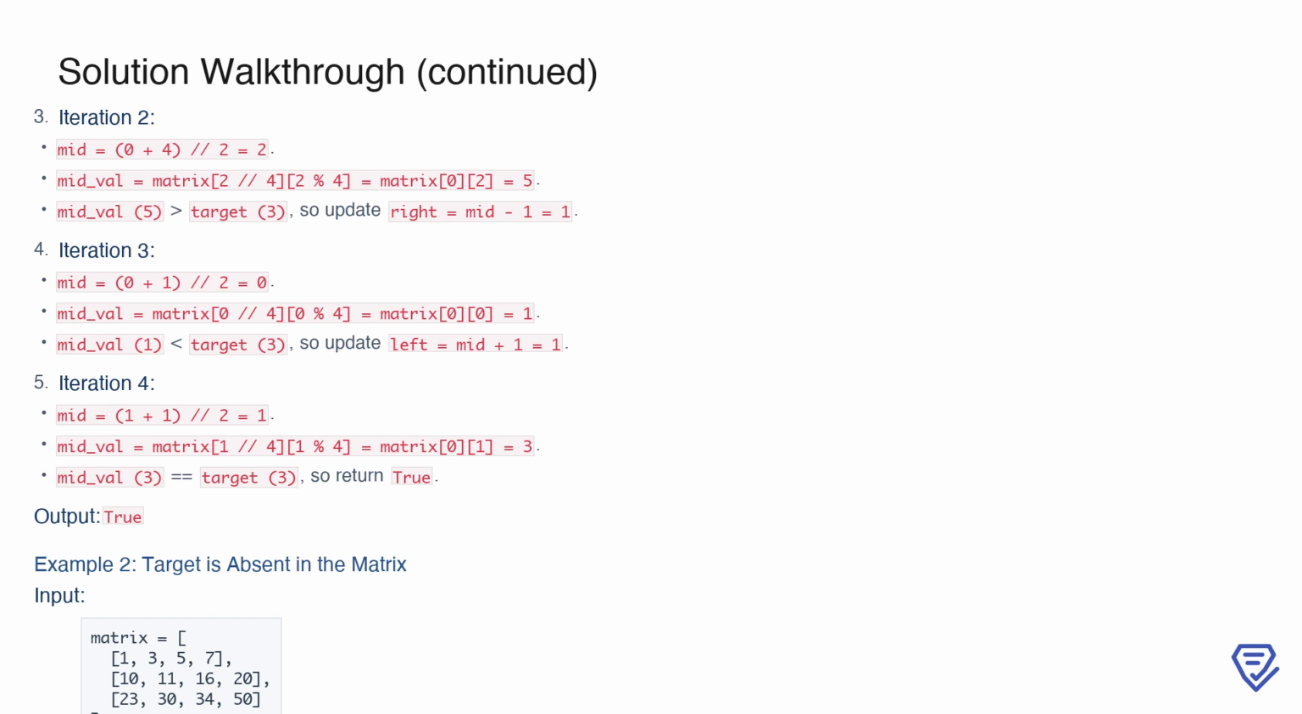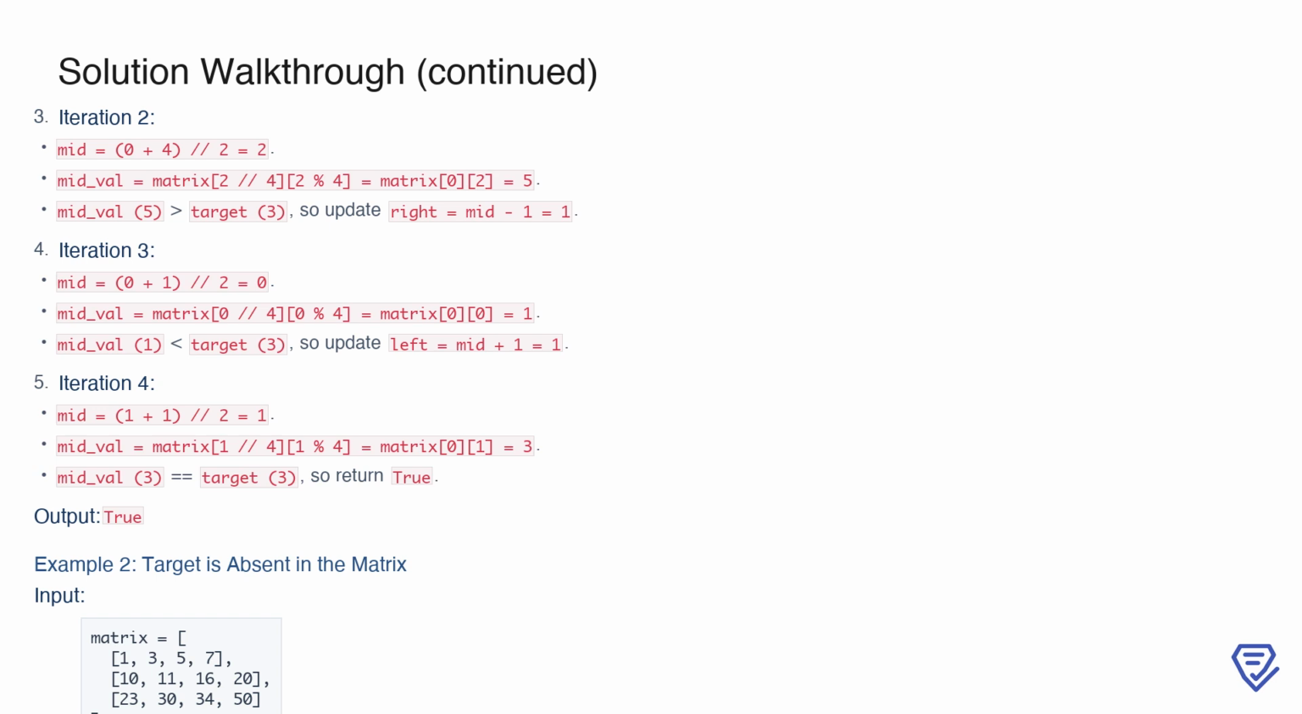Since 5 is still greater than the target value of 3, we again adjust our range by setting right equals mid - 1 equals 1. In the third iteration, the midpoint is recalculated as mid equals (0 + 1) / 2 equals 0. The value at this position is mid_val equals matrix[0 / 4]